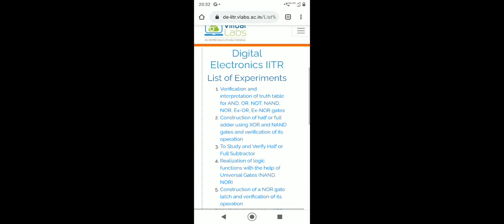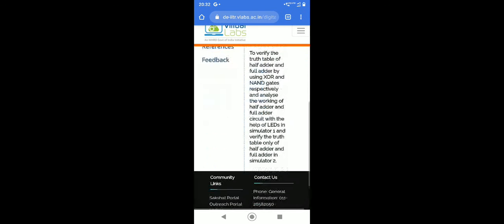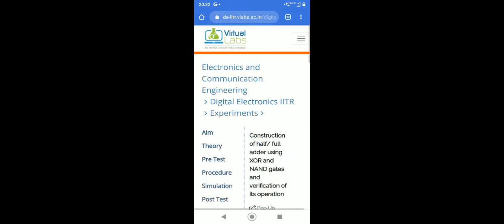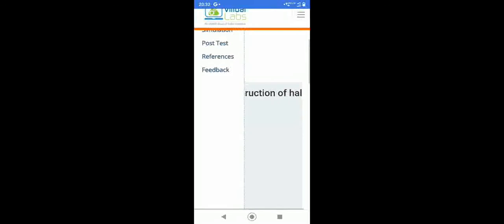Okay, now we will do the half adder. Here we can select the simulation, and then we have to scroll, and I have selected the half adder. First of all, in simulator 2 we can see this is the black box of the half adder.